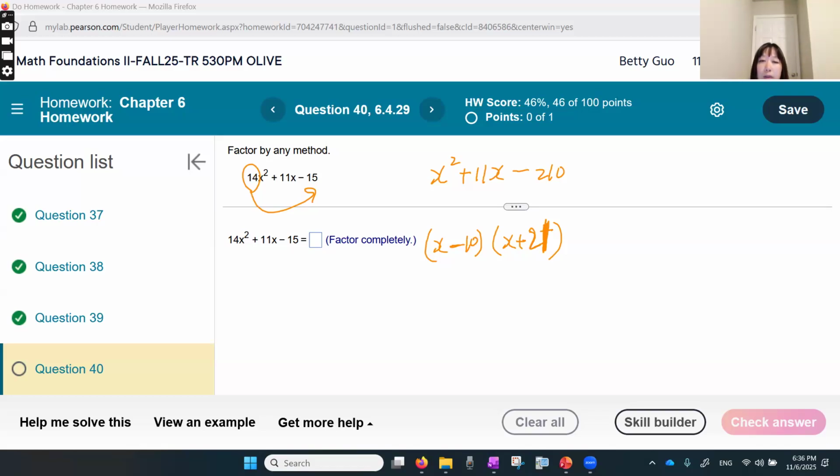21 minus 10 is 11. Okay, very good. Divided by 14. Simplify: 10 over 14 is 5 over 7, and 21 over 14 is 3 over 2. Slide it back. The answer is